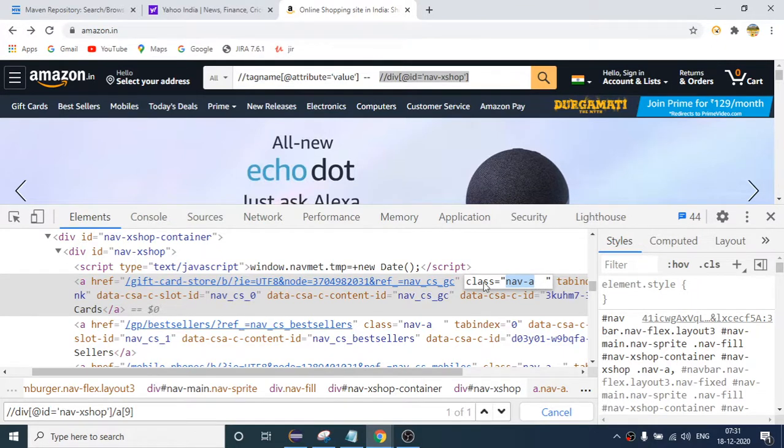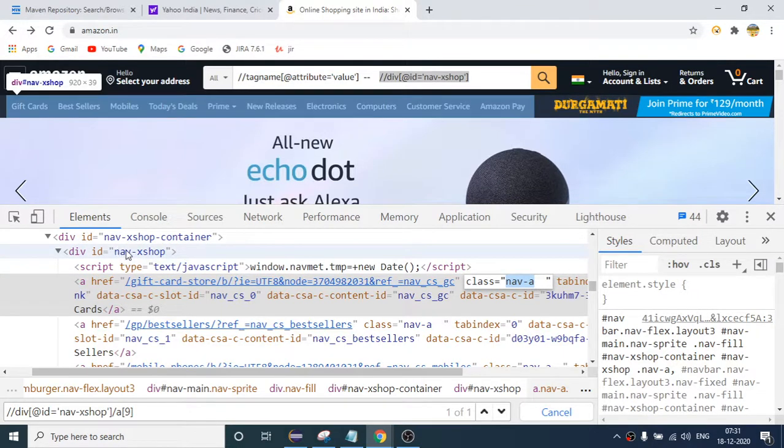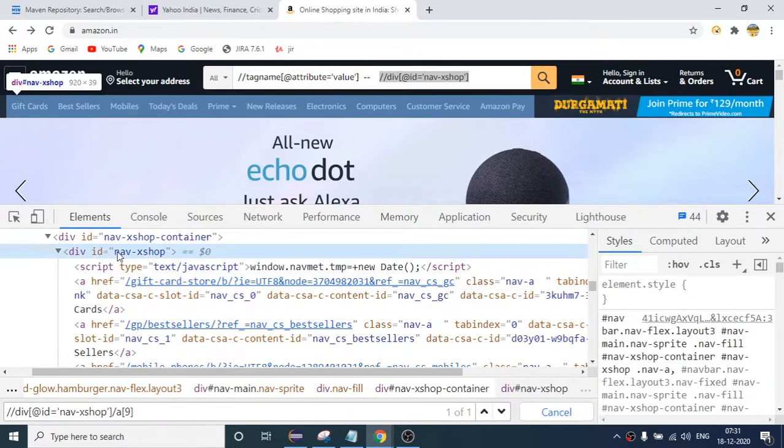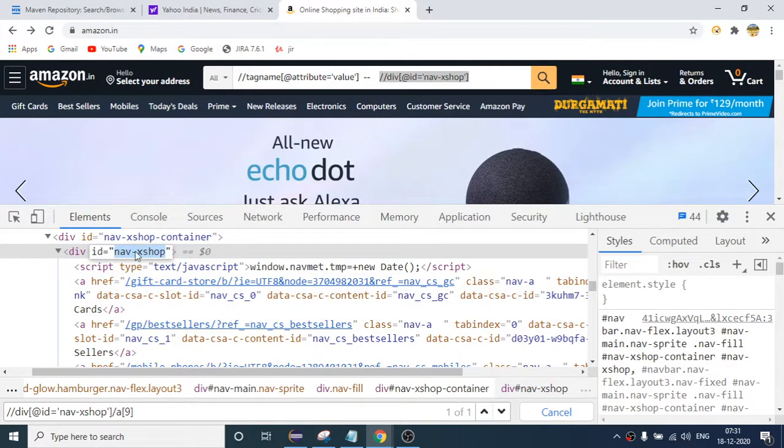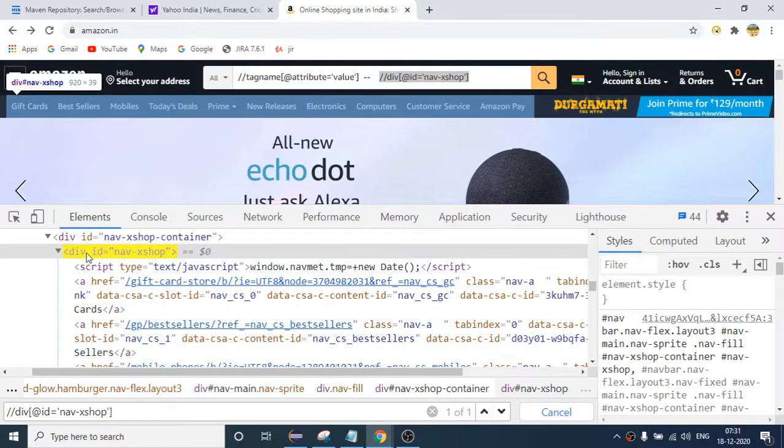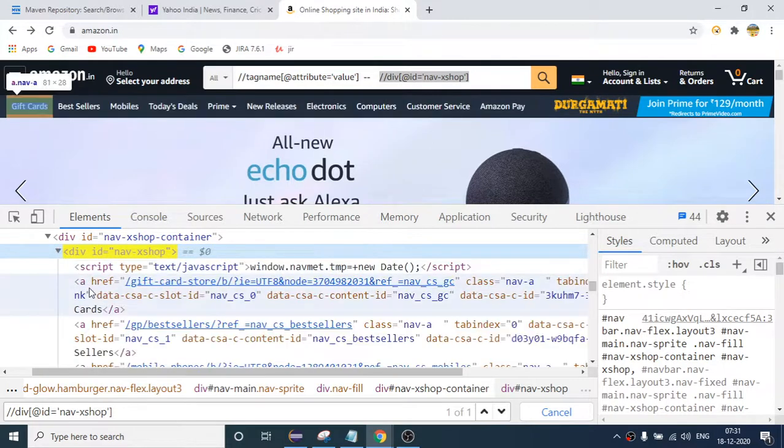So what I am doing, I know that this code is not changing because it is an a tag. So I am assuming this code is not changing. First I will write the relative XPath of this parent line, and from the parent I will come to the children. So this is also one of the ways by which you can write XPath. So first, I have written the XPath of this parent line, and I know that this is the child.